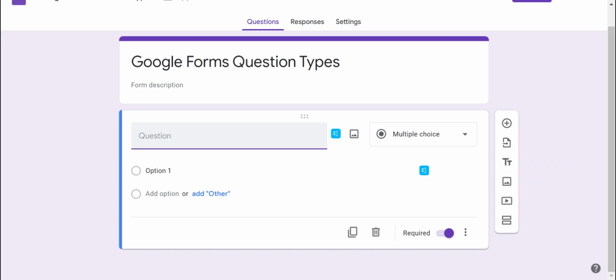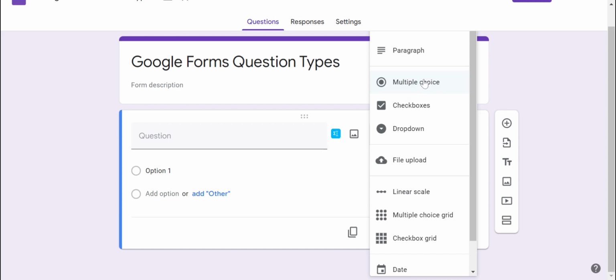So on a Google form, you have several question types available to you. By default, it usually goes to multiple choice. And once it figures out what types of questions you're asking or even how you phrase the question, it's going to use artificial intelligence and try to figure out, well, maybe it's more of an open-ended response, and we'll give you that question type. So there's multiple choice, which means that participants can only select one answer out of the